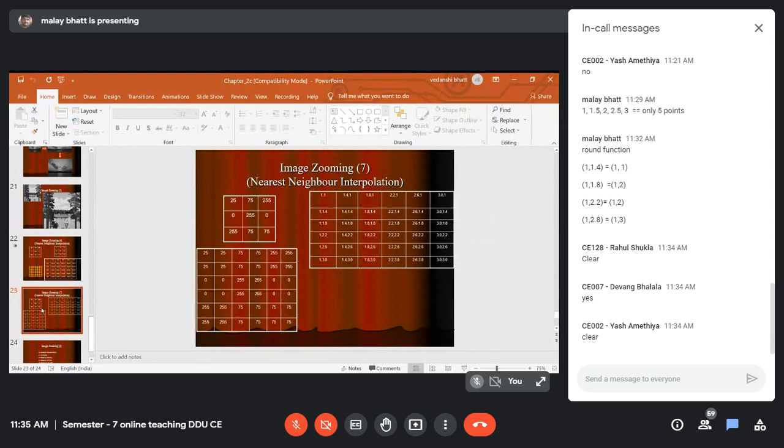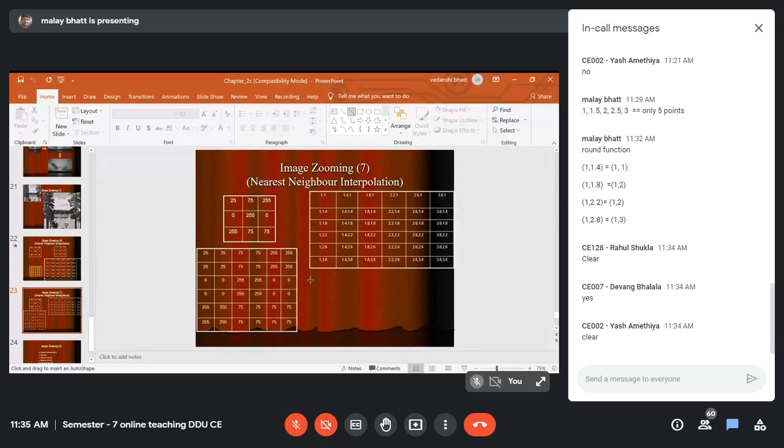Similarly, 2.2 will be converted to again 2, so 2, 1 is 75. 2.6, 1 is again considered as 3, 1. That is how you will get the value.